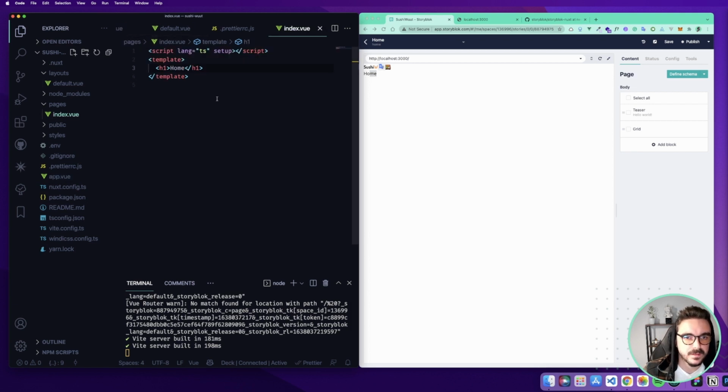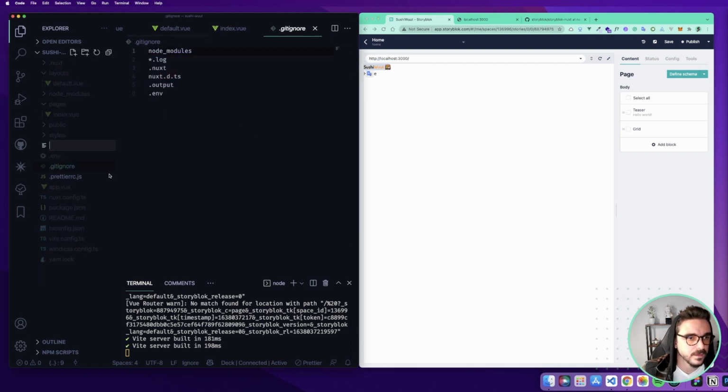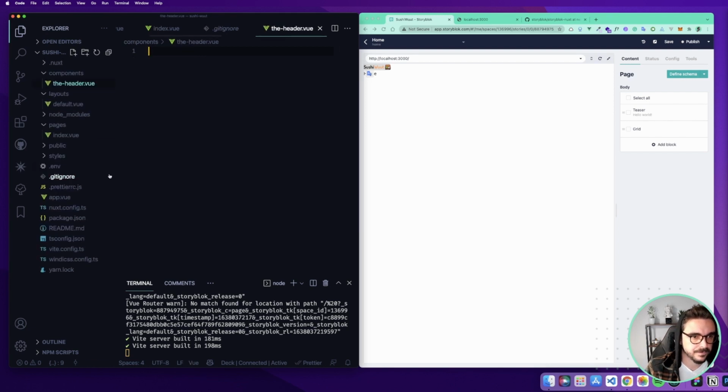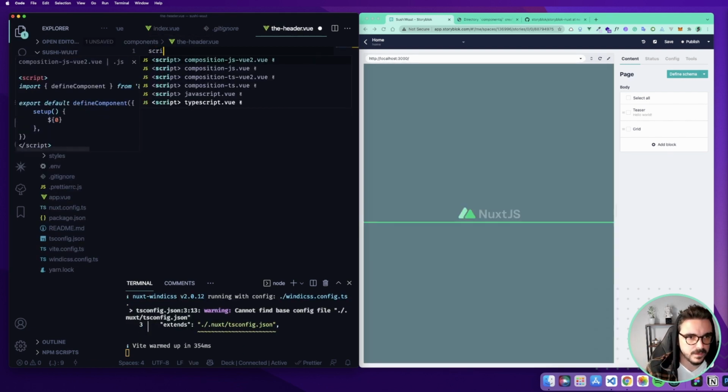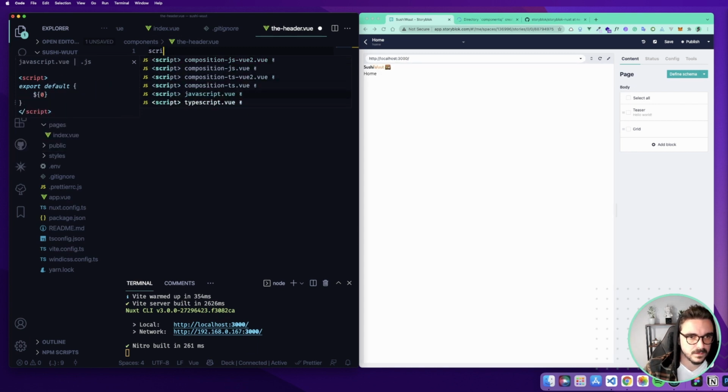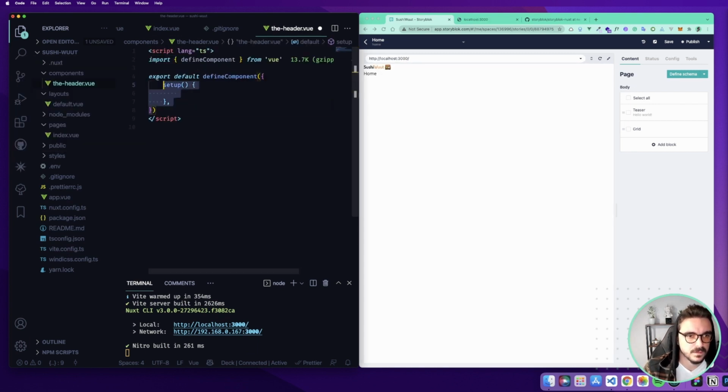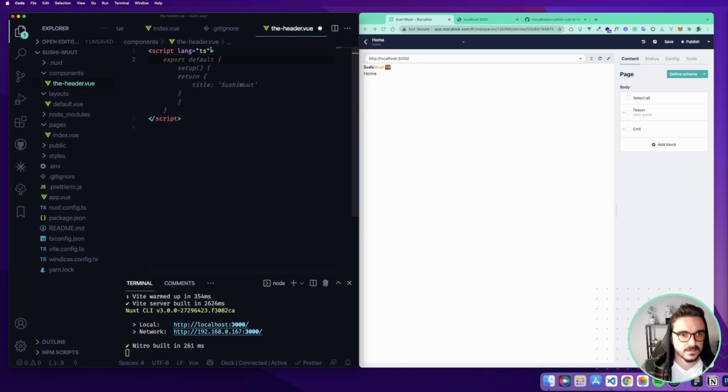So everything is set up and also we have our header that we are gonna modify just right now. For the header, let's create a component. Here, components, I'm gonna call it the header.vue. Same structure as before, just a script tag. Let's use this one. Remove the rest, setup,